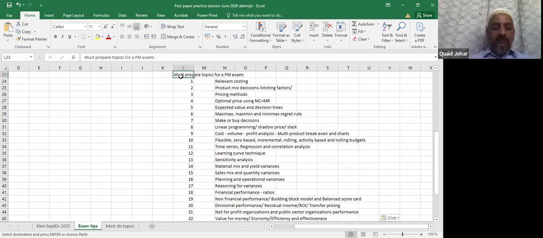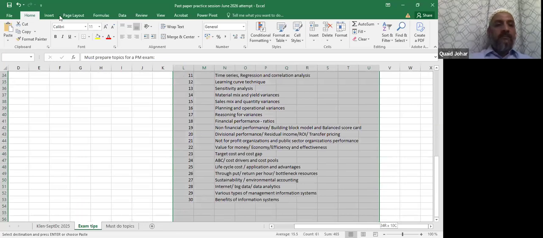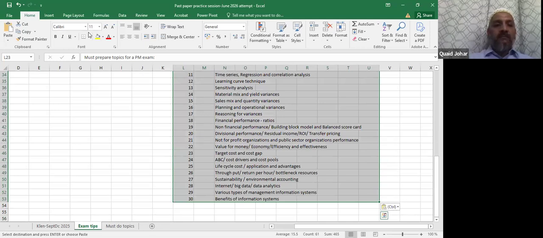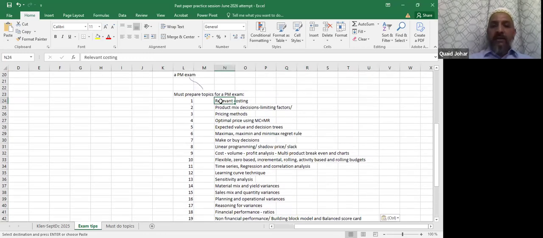So the topics are relevant costing, product mix decisions, limiting factors, where you rank the products first and then रैंकिंग के हिसाब से फिर हम जो है वो प्रोडक्शन करते हैं। आखिर में कौन सा प्रोडक्ट रह जाता है जिसका कंट्रीब्यूशन पर आर या कंट्रीब्यूशन पर लिमिटिंग फैक्टर इज द लोएस्ट, राइट? सो प्रॉफिट मैक्सिमाइजेशन करते हैं। Pricing methods, then optimal price, calculation of optimal price, where when using demand based pricing,